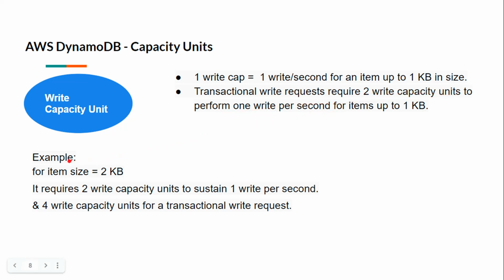For example, for an item of size 2 kilobytes, we will need 2 write capacity units to sustain 1 write per second and 4 write capacity units for a transactional write request. We need extra write capacity units for transactional write requests because we can have multiple items in the same transactional request.